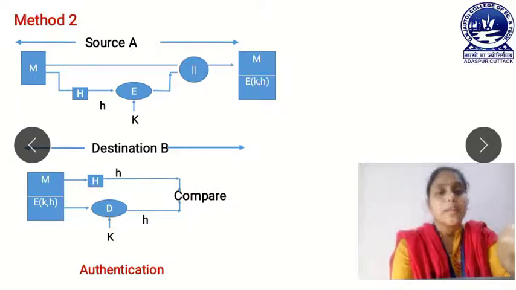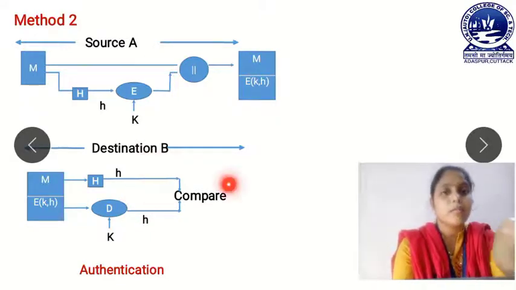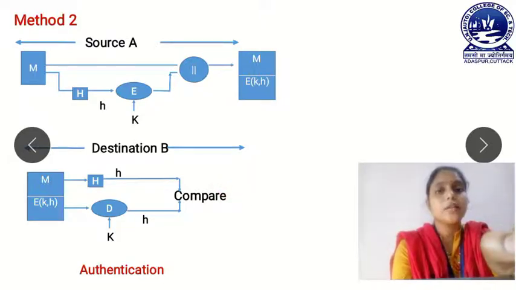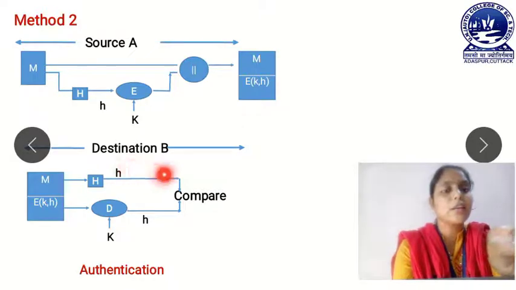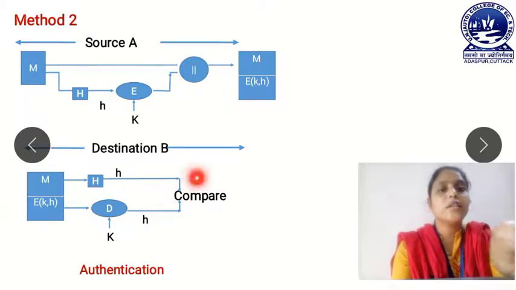The destination B receives this message, that means the altered message which is altered by the attacker. Then the destination B calculates the hash value and here again it decrypts the appended hash value and compares both hash values. Here both the hash values are different because the message is changed from M to M1, so it gives a different hash value from the one appended with this message, so the destination B is sure that there is some modification in our message, which means here this satisfies authentication.